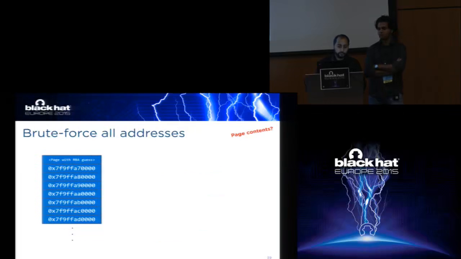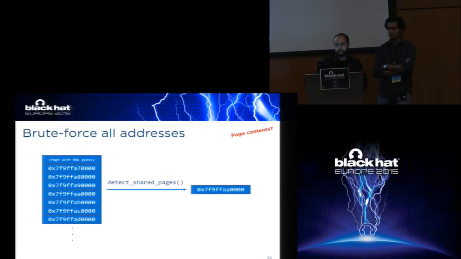So the attack presented in the end is a brute force of the address over that memory deduplication side channel. So we allocate all these first pages of DLLs, for example, for a particular DLL. We put all the guesses in there for the specific base address. And then we just try to detect it. And at the end, you'll find the right base address by detecting which one of these was actually shared or not. So we solved the challenge of the page contents.